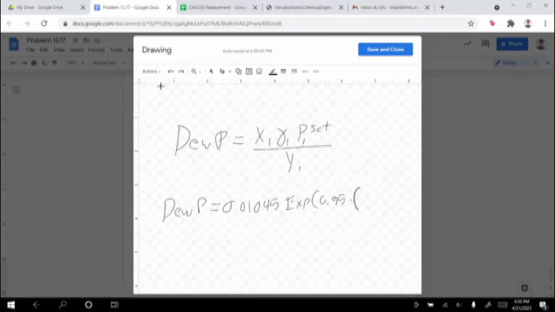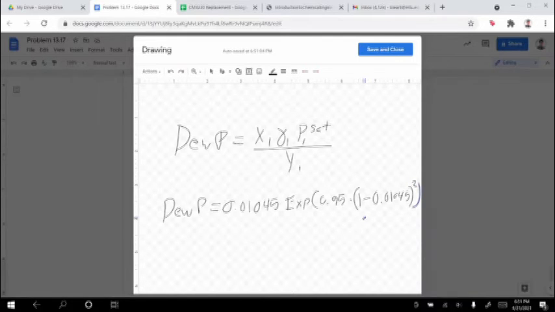I mean, we can use the expression, but we can't just use 0.95 cubed. And so it'll be 1 minus x1, which is 0.1045, and we're going to square that expression, not just this number, otherwise that would throw off our value,